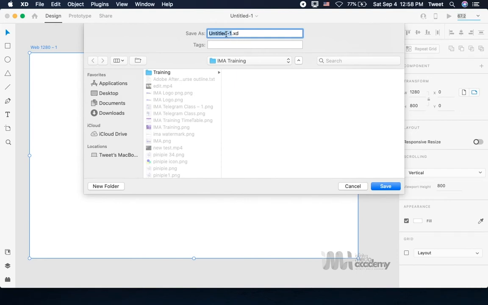the project name that I like. You can create your own Adobe XD project and give it the name that you want. It doesn't have to be the name I'm using right now. So I'm going to give it XD Design